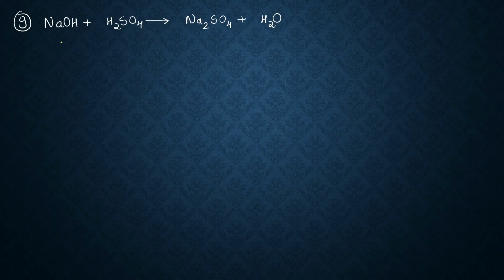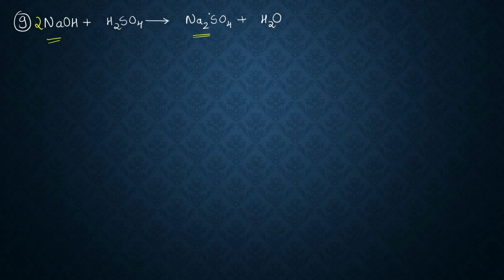Now the next question. Sodium hydroxide reacts with sulfuric acid to form sodium sulfate and water. Now if you observe here, the number of sodium atom is 2 on the product and on the reactant it's 1. So I'll multiply this by 2 here. Now the number of oxygen atom on the reactant side, it is 2 plus 4, 8. And on the product side, it is 4,